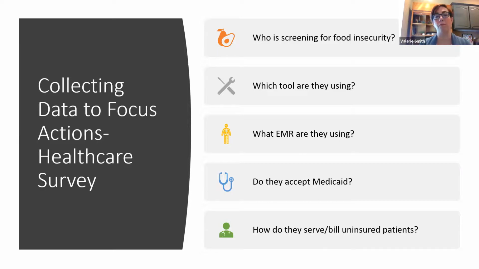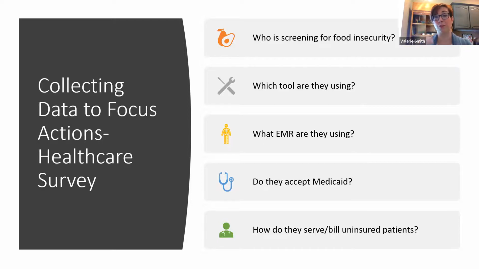That was really helpful information, because as we formed our healthcare food bank partnership, it gave us a really clear sense of direction as far as which clinics we needed to work with and outreach first, which clinics were kind of low-hanging fruit because they were already screening, and so they were kind of easy to bring on board for a healthcare food bank partnership, and then which organizations, because of their patient population, would be really important participants and partners, but also might need some additional technical assistance and training as far as beginning screening and integrating it into their electronic medical record.